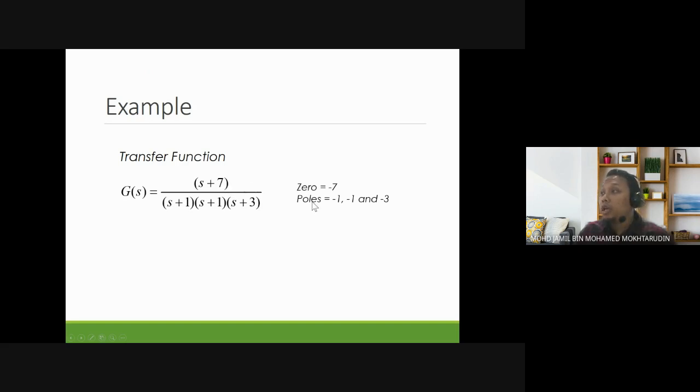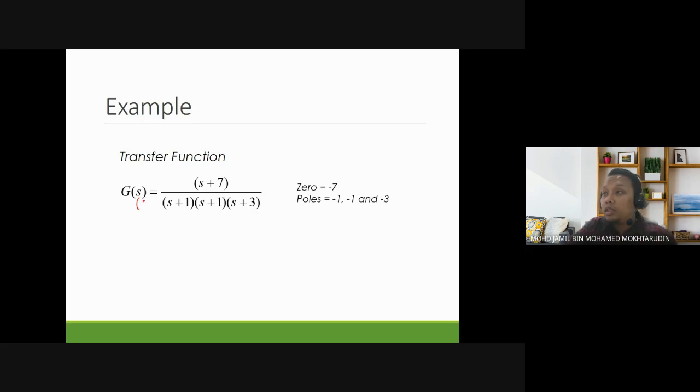And the poles are when the denominator equals 0. So you get minus 1, again minus 1, two times minus 1, and then minus 3. So there are 3 poles: minus 1, another minus 1, and minus 3. Okay, so if you have, let's say, 3